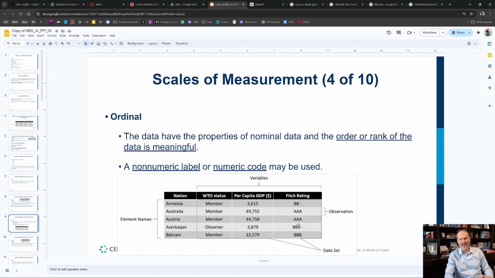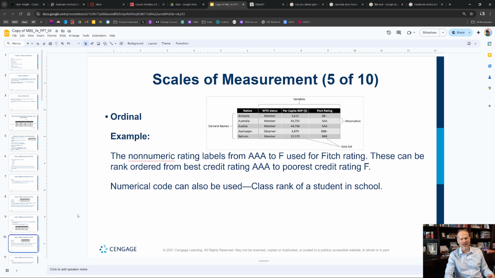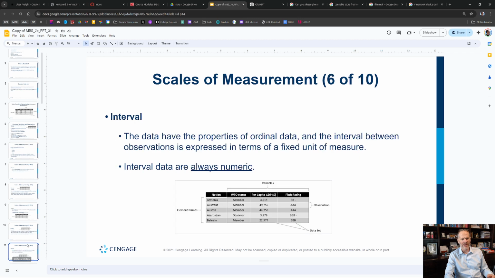So ordinal data is like nominal, but now you could rank it. It has some sort of valence to it, some sort of a positive or negative attribute to it. And again, what we're doing is we're just learning vocabulary here, and we're learning to think about data and how do we talk about data and what are different categories of data. Well, there's nominal data, there's ordinal data, right? This is nominal here, here's ordinal, and now we're going to learn. And so here's another example of ordinal, and after this we'll learn about interval.